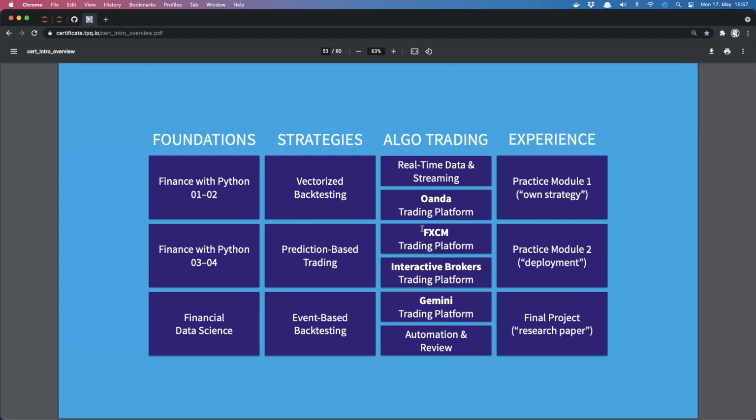Foundations first, and then we get started with the core topics such as vectorized backtesting, prediction-based trading, event-based backtesting, algo trading, and here getting started with real-time data and streaming, covering the platforms. We cover 4: Oanda, FXCM, Interactive Brokers, and Gemini for crypto trading, and automation is an important point. So you can do backtesting all year round, and